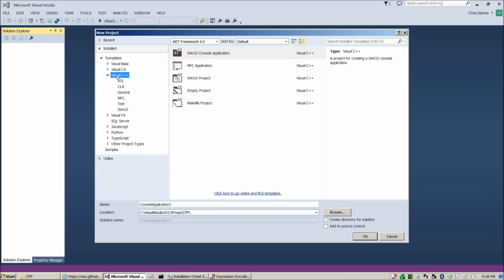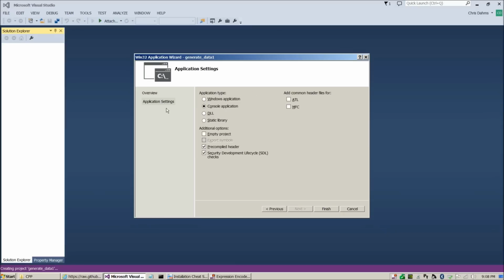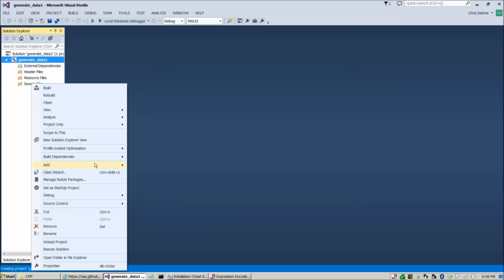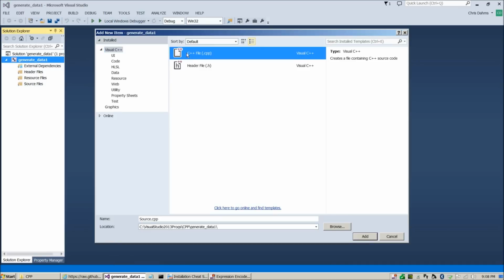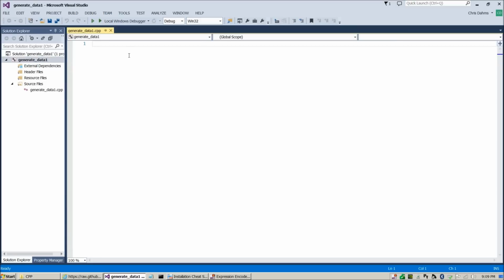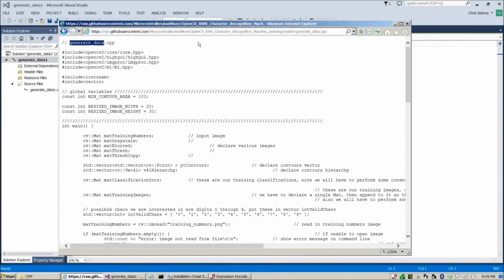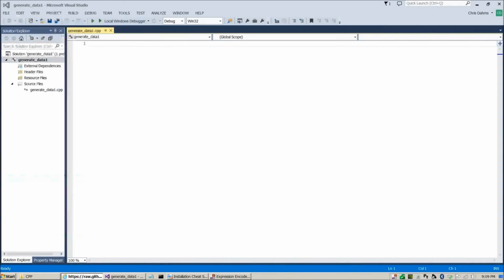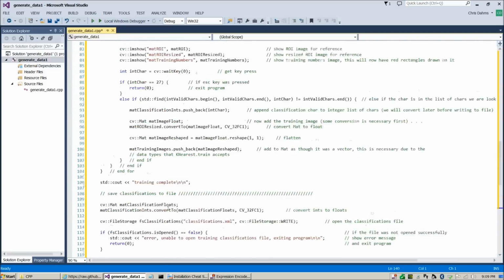generate data. So let's see, Visual C++, Windows 32 console application. Let's call this generate data 1, usual location, uncheck those, next, uncheck those, empty project, console application, and finish. And when it comes up, add new item, C++ file, call it the same name as the project, add, and back to the GitHub page here, Control A, Control C, and let's make that just a little smaller, Control V,